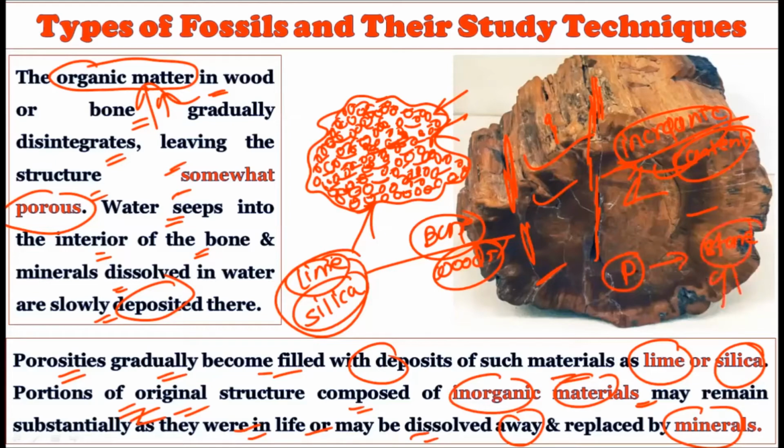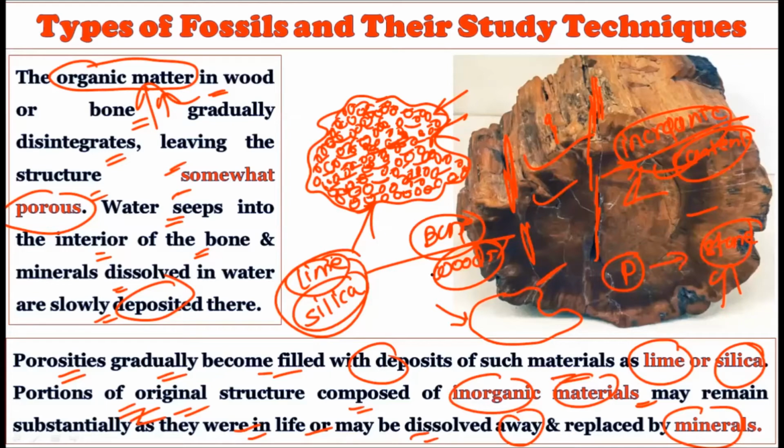The stony appearance is there, but just by examining the external structure, we can find out that this is the fossil and not the stone. So how did this happen? Whether it's a bone or a wood, it is always made up of organic and inorganic matter.